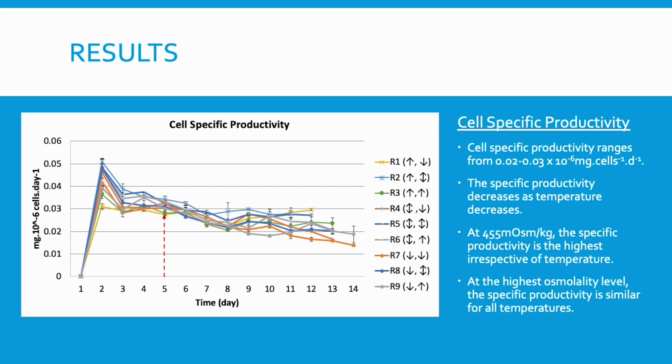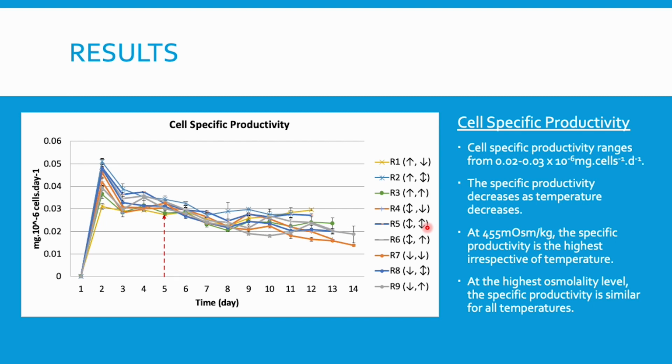This is the graph for cell-specific productivity. From this graph, we could see that as the temperature decreases, the productivity also decreases. If we compare based on osmolality level,